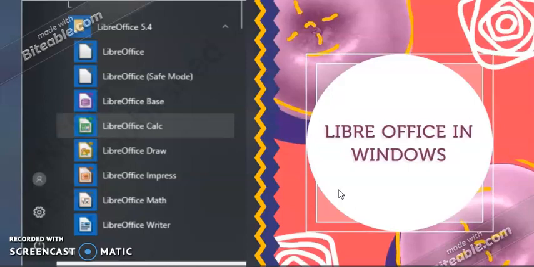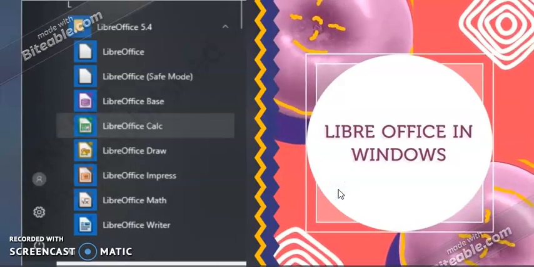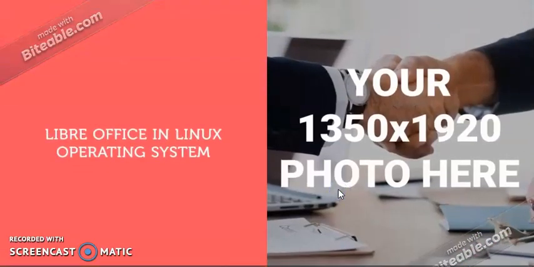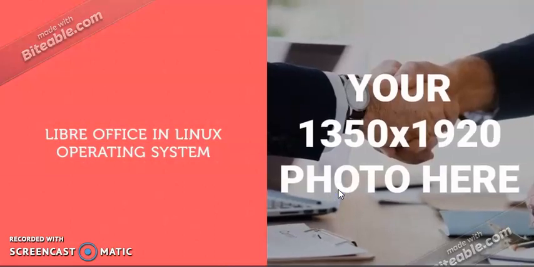Double-click the shortcut to open LibreOffice, or click the Windows menu, select the LibreOffice application, and then click LibreOffice Calc. The Calc spreadsheet window will open. If you want to start LibreOffice Calc in Linux, in Ubuntu Linux, find the Calc icon on the Application Launcher or search for it by clicking on Show Applications.